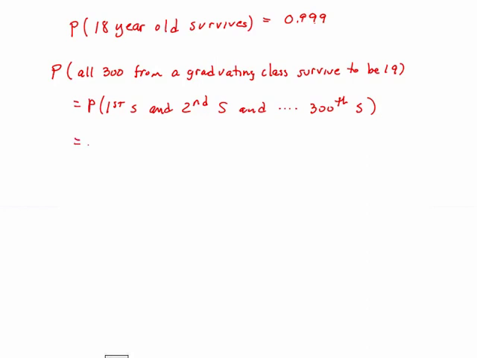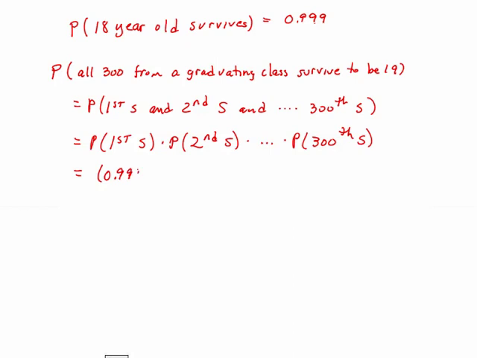Now, if we're willing to make the assumption of independence, that would mean the probability the first survives times the probability the second survives times all the way down to the probability the 300th survives. The probability the first survives is 0.999. The probability the second survives is 0.999. And the probability the 300th survives is also